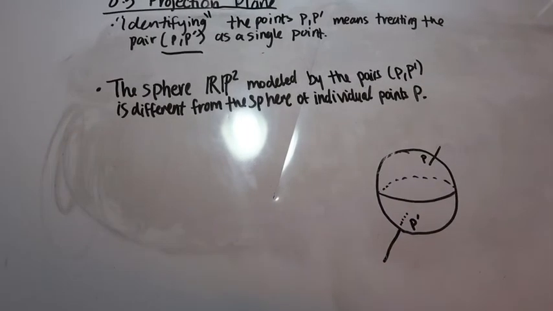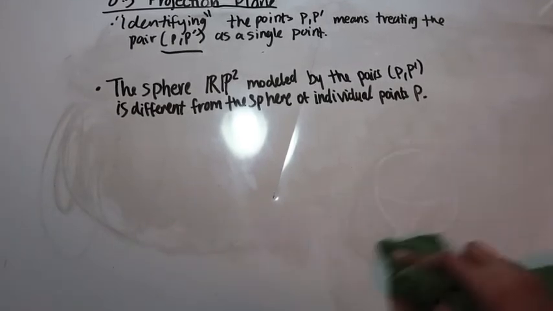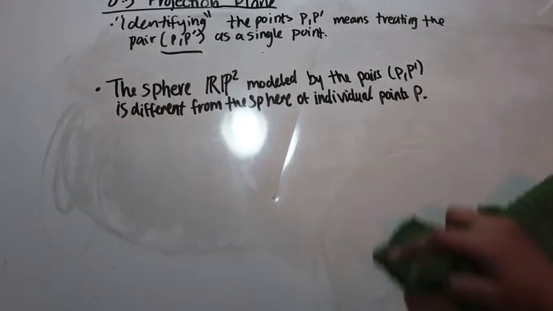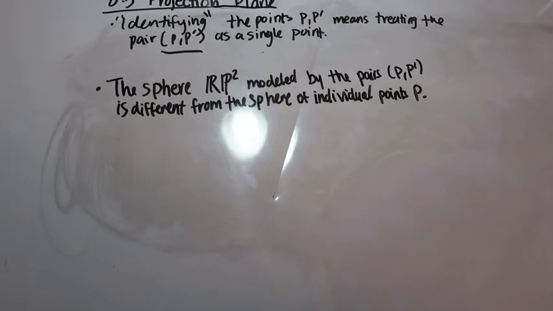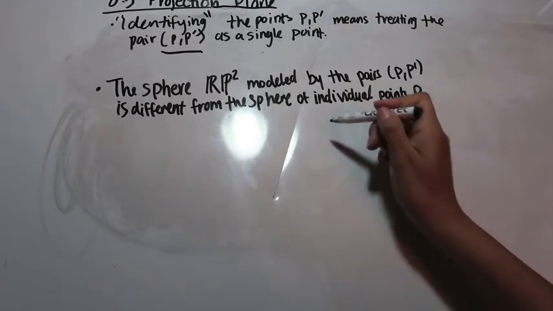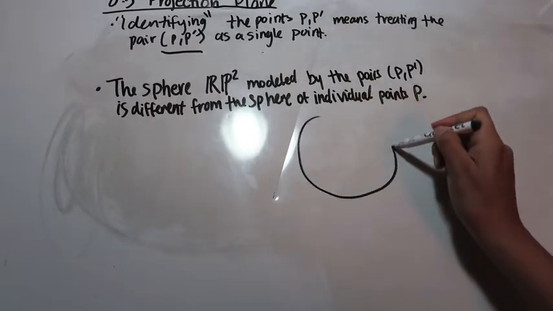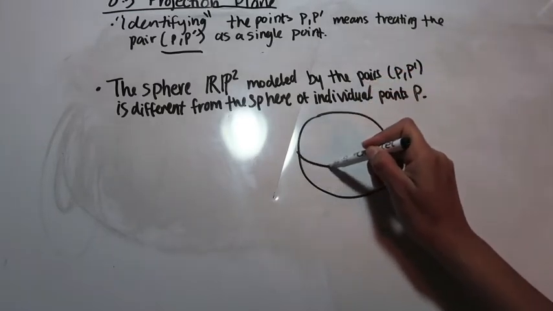And then they have an example which I thought was very, very hard to understand. I'm going to try my best to state my perspective of what I thought the example was. But if you guys do get to read that section and you really do understand it, then maybe you could let me know and then I could let the class know. But for example, if we have our sphere here and we have an equator,